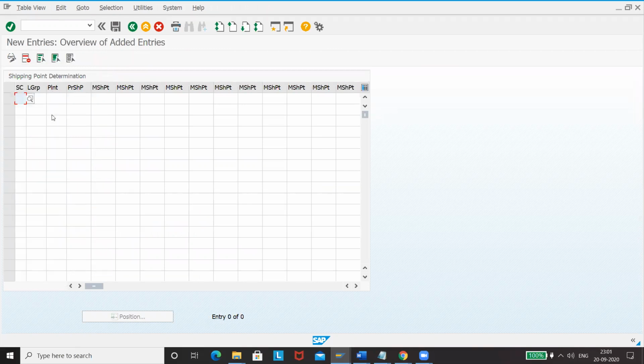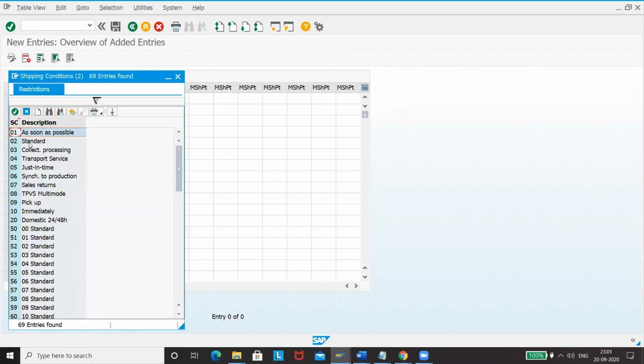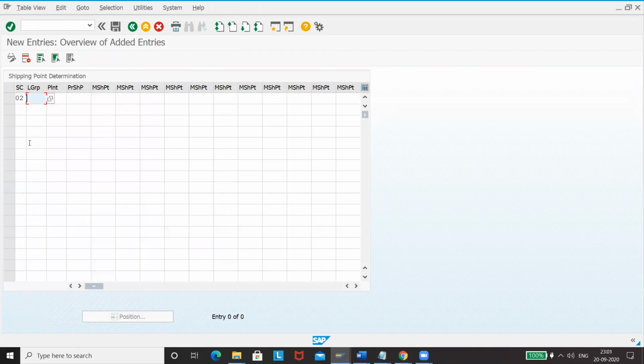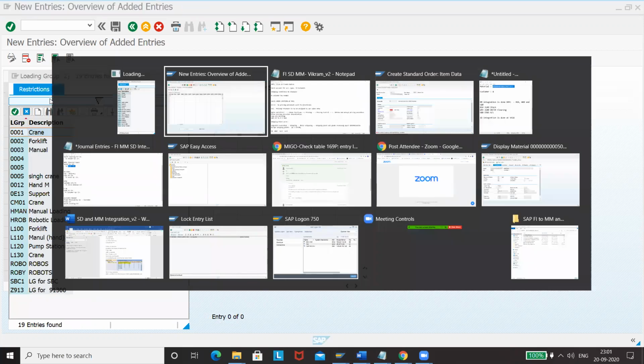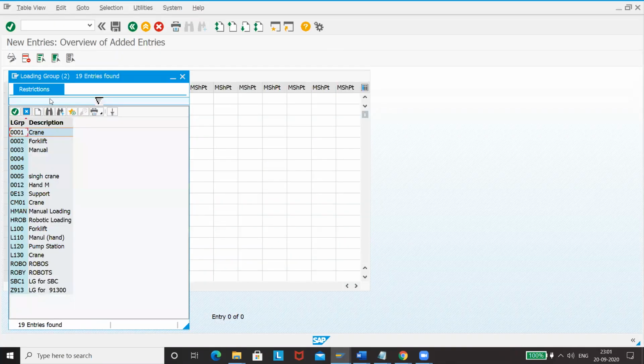Our shipping condition is, hope you remember, we gave standard ST. And for loading group, it is RAR3. Otherwise, you can just press F4, it will tell you. Loading group, I think we have taken as 001 for that.